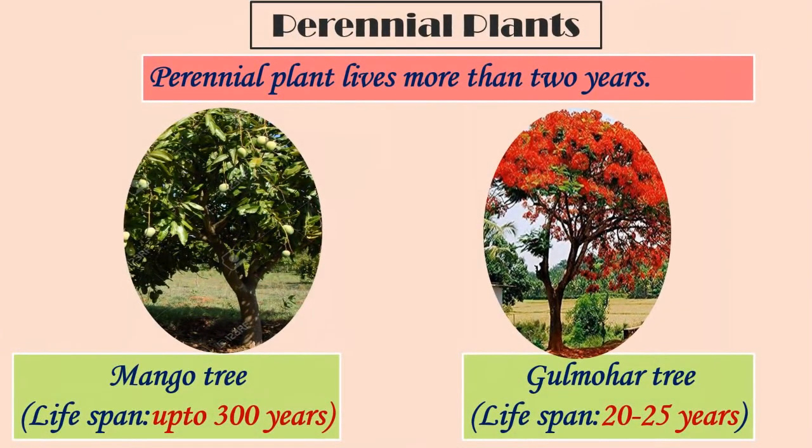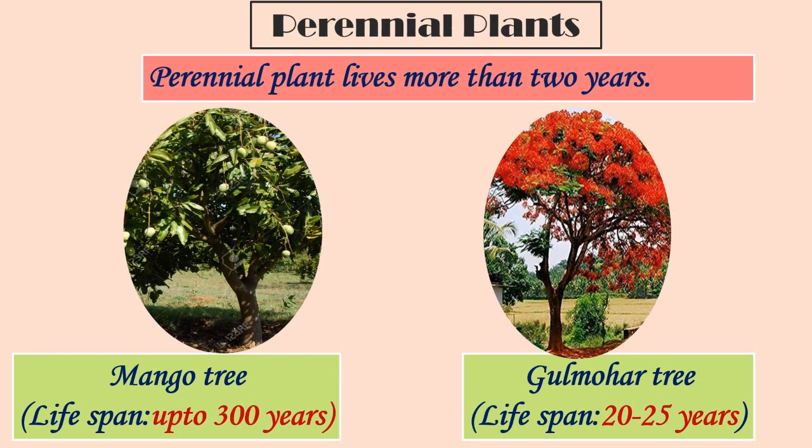Perennial plants live for several years and bear flowers and fruits. Perennial plants need more than 2 years to complete their life cycle. Once they grow and start producing fruits, they continue this life cycle for a longer period of time. They do not die after bearing fruits. They renew their parts season after season.